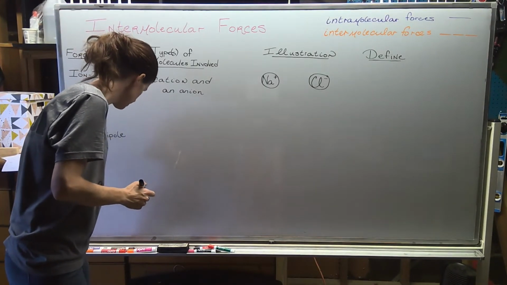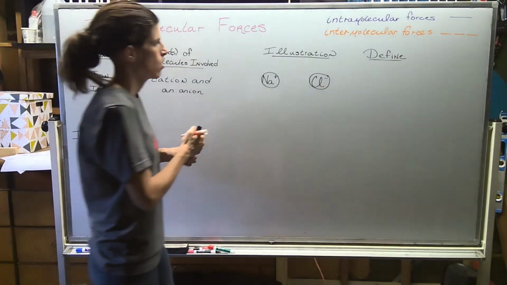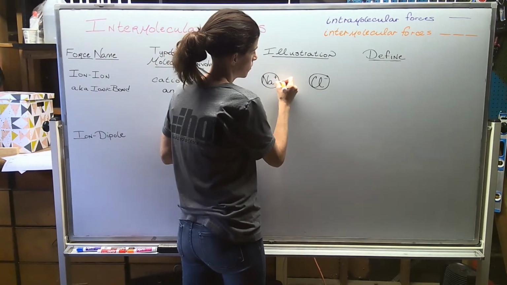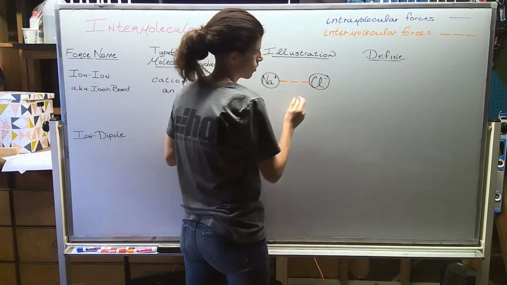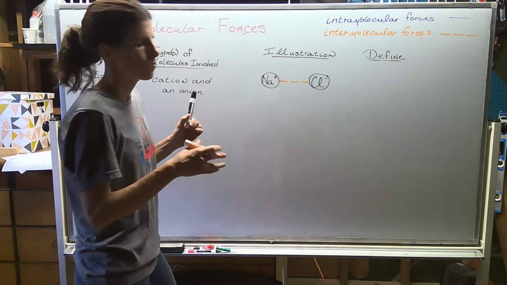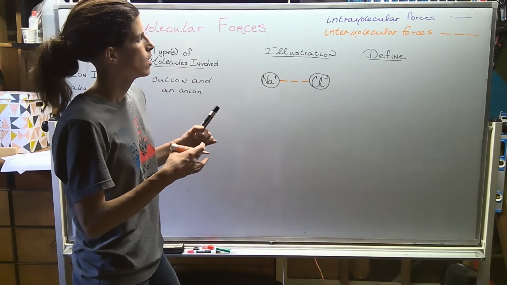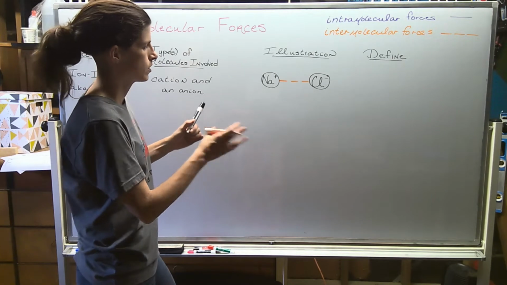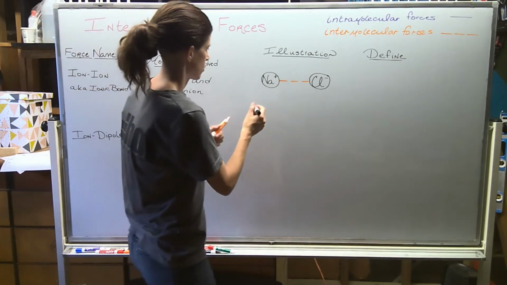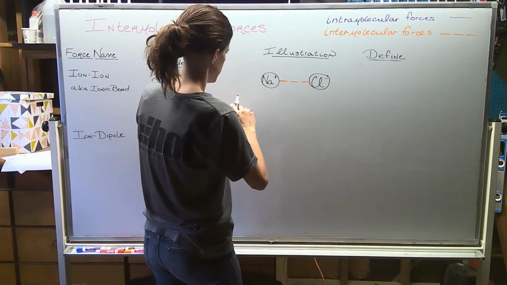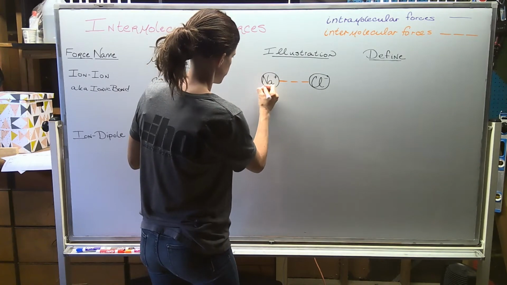In between these two, we have a very, very strong force. Sodium chloride actually forms a crystal lattice structure. So if I draw a cube here,